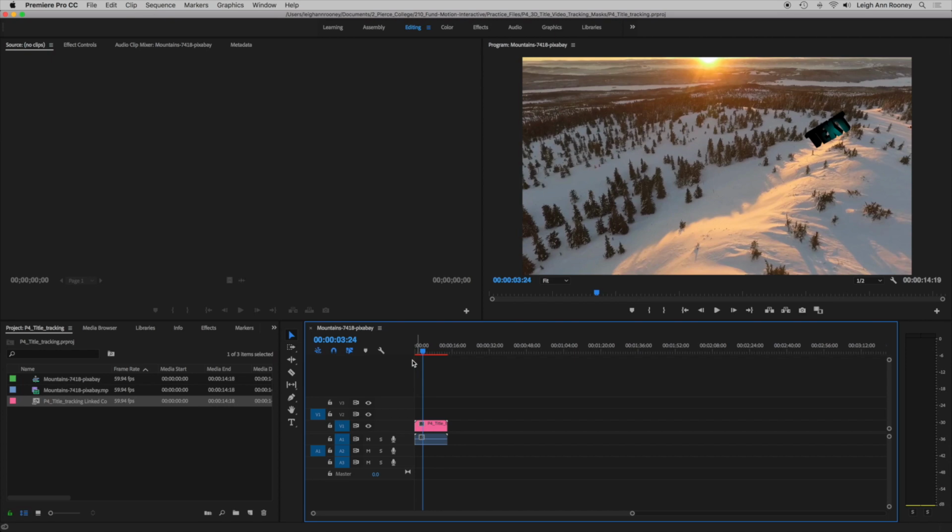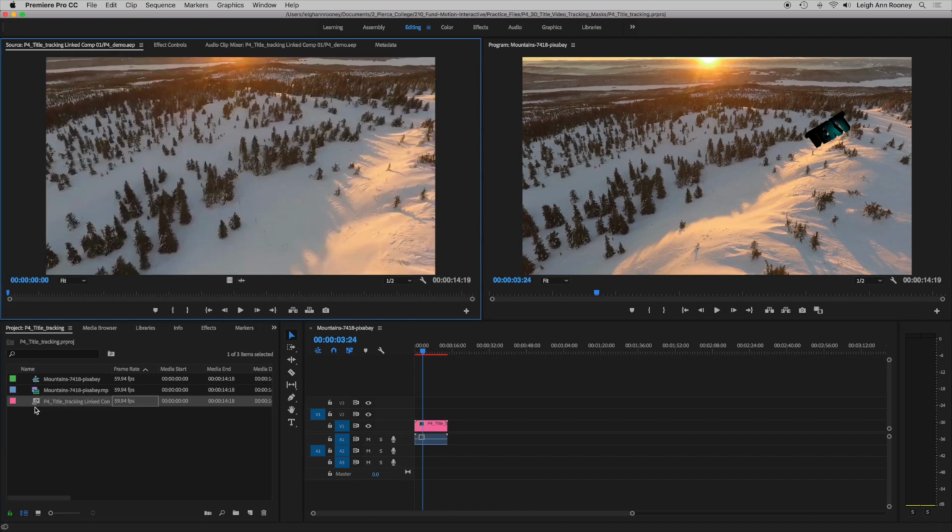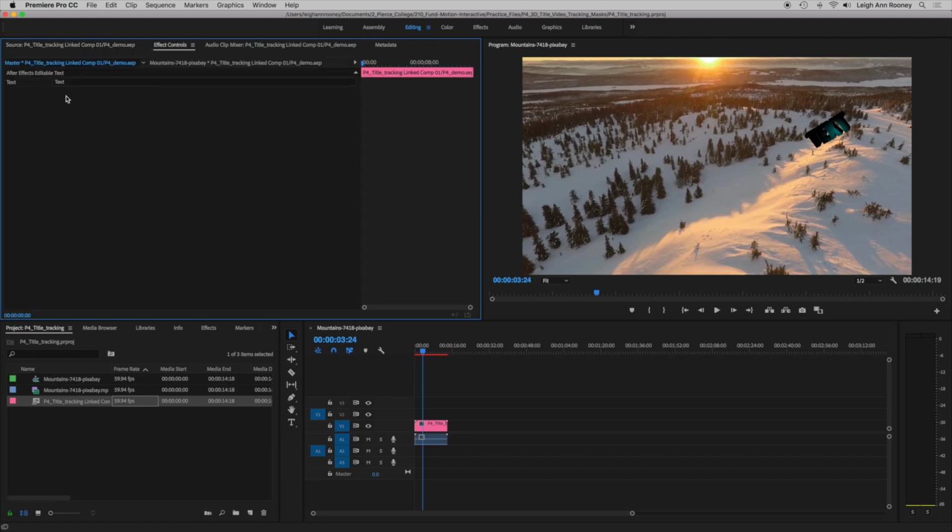So if you had a client who changed their mind about their project, you wouldn't have to go back into After Effects and change the whole thing around if you had built it in Premiere and were editing in Premiere. You can just change what the text says here. So you can double click, it's F on the keyboard, or I just double click on here to get the matched frame. So you can double click on the linked link, or you can click on it and press F. And then you can come up here to where it says Effects Controls, and you can see there's a box, and you can